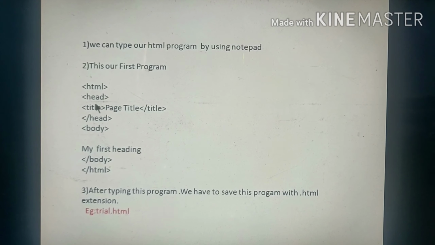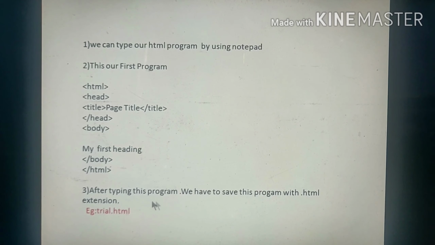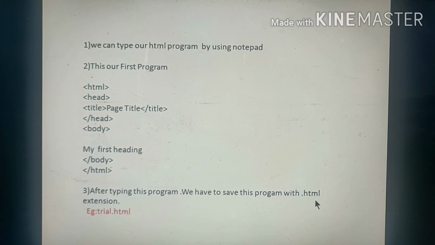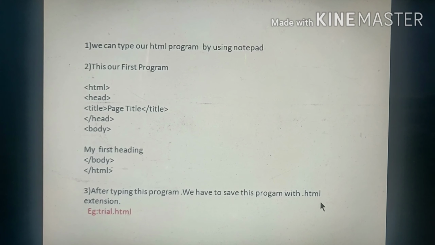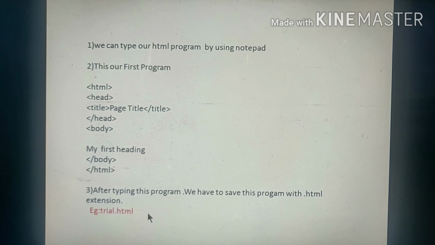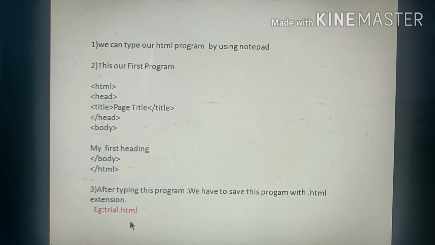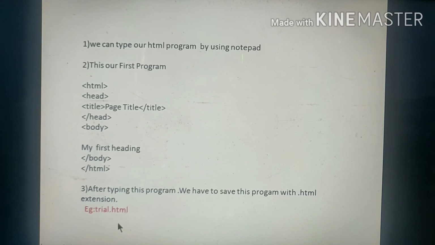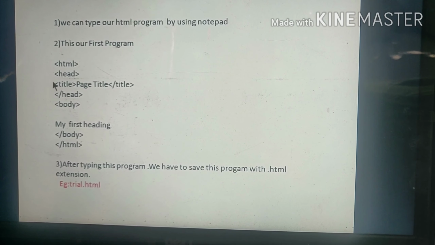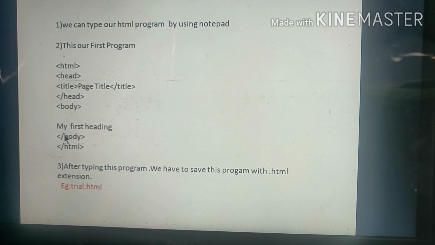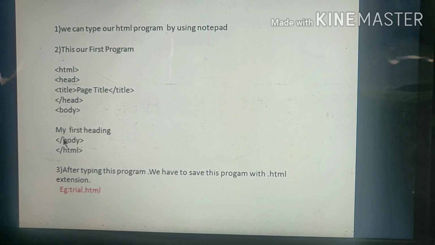After typing, you have to save this program with a .html extension. For example, trial.html. Trial is the program name and .html is the extension. I will explain this whole program in the next slide.